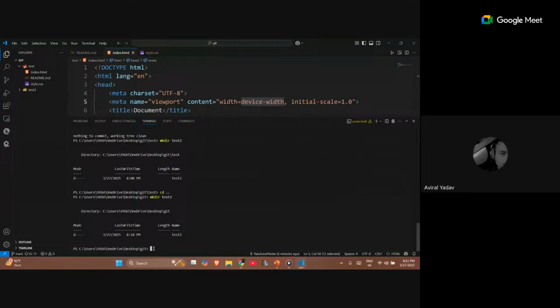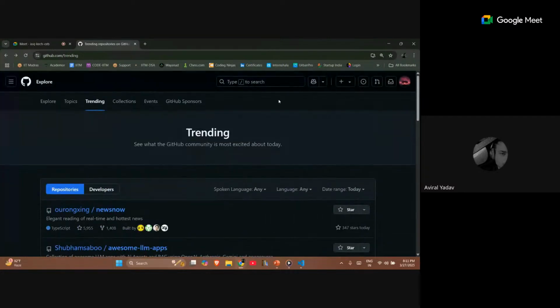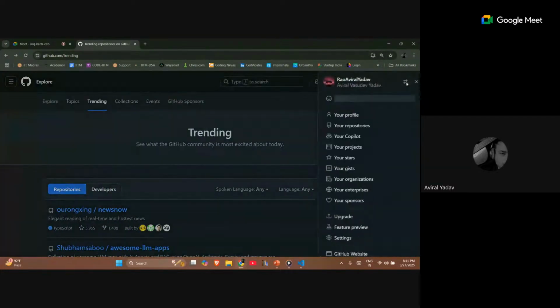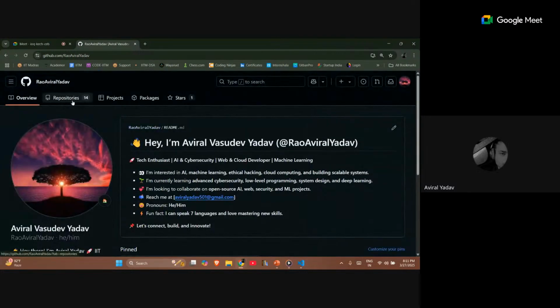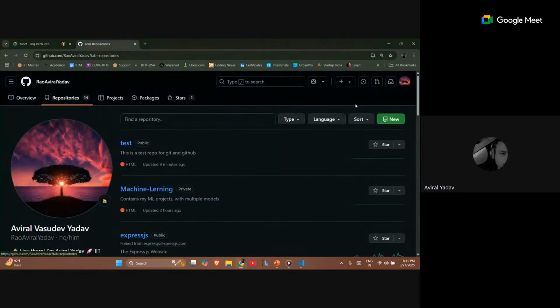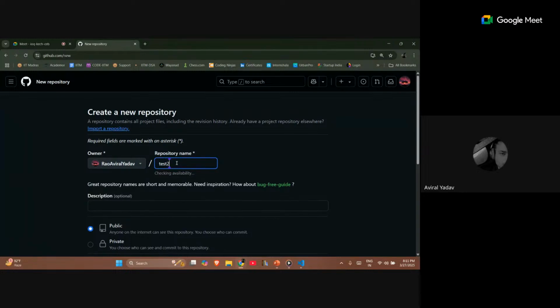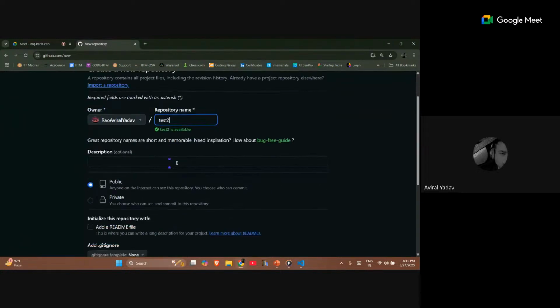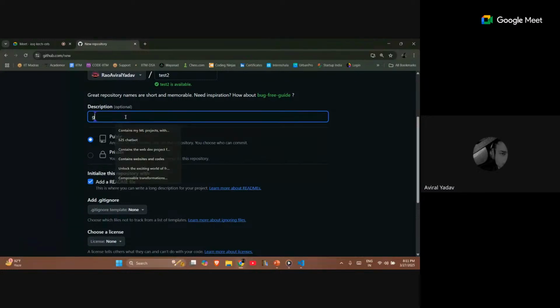And to make it official, to make this repository show up on your own GitHub page, what you need to do is go to repositories, click on new, and give it the name that you want to associate. Let's say test2 is the name. Let me add a readme file, and let's say gibberish.